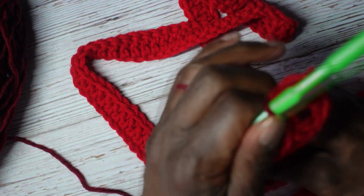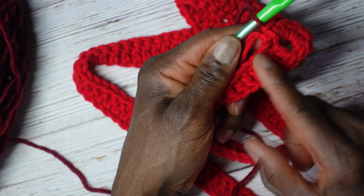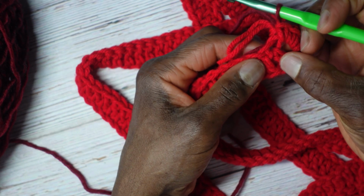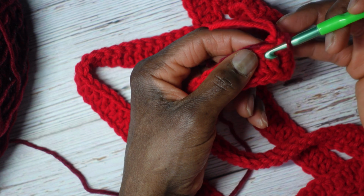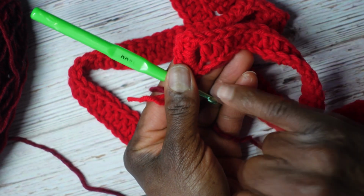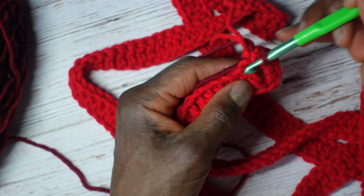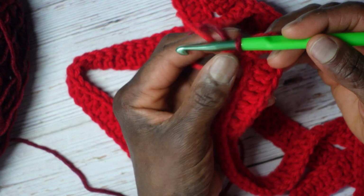Alright, and this is what you're going to do next. So we're going to start making double crochets again here. The way I like to do this is I like to find the stitch, find the bottom of it. So right there, that bottom, really that's just the chain that you crocheted into. When it was like that, you put that double crochet in that chain, right? So that's really just the chain. So find the corresponding chain for that double crochet and start out by